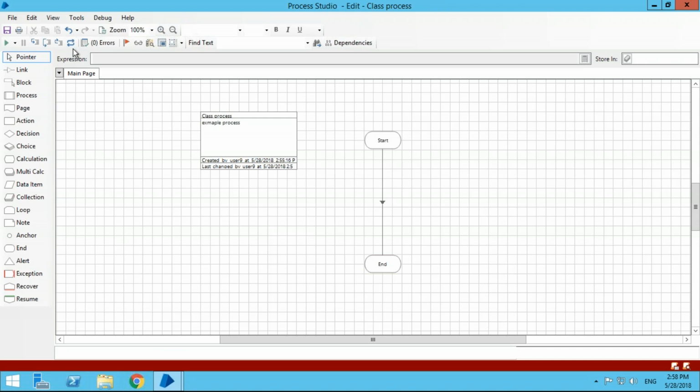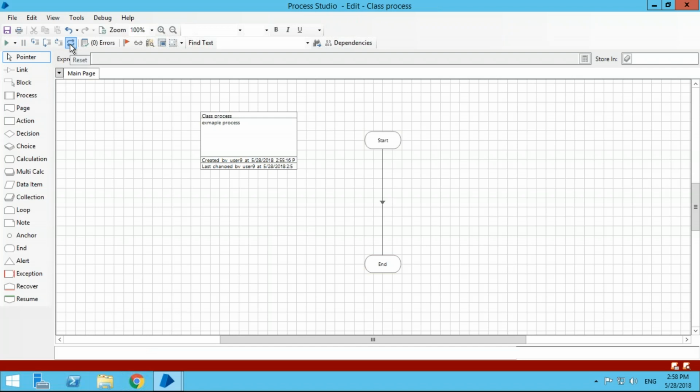So that's how you link things up and how you reset and play, all from this side here. You can press F5 to play as a shortcut, and you can choose the different speeds. If I play really fast, it just ends really quickly. If I do it really slowly, then I can see it moving. Okay, so that's useful. Sometimes you want to actually see where the process is as it's moving. You do it at very slow speed.